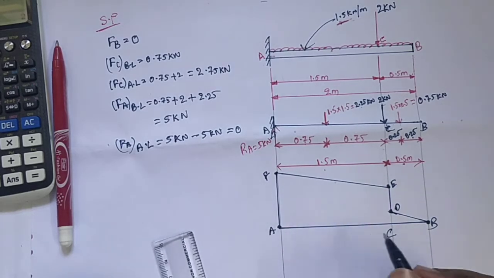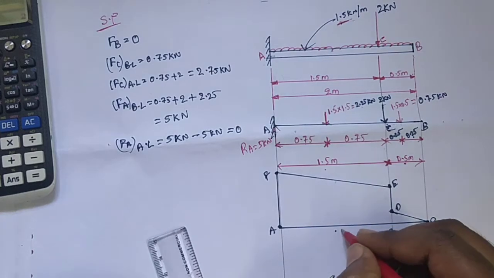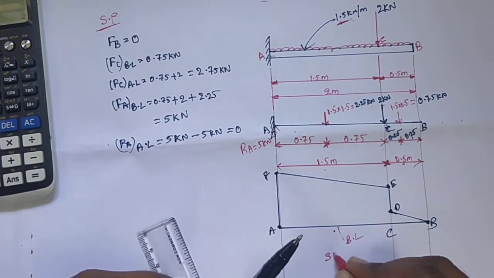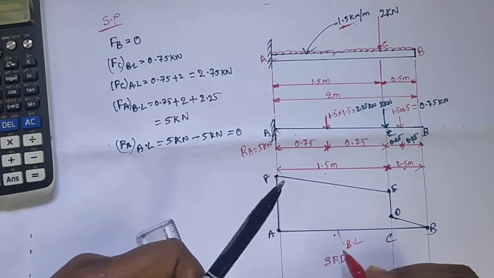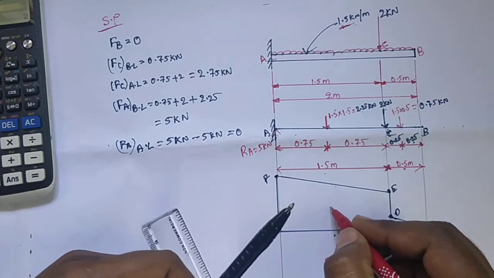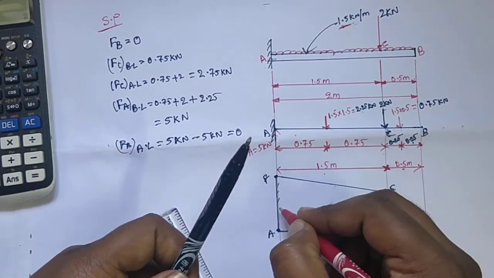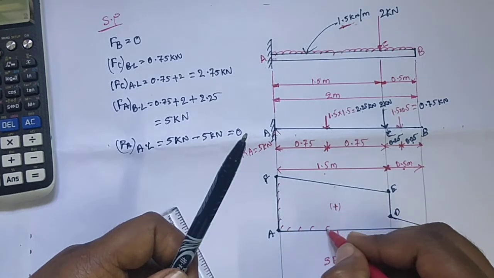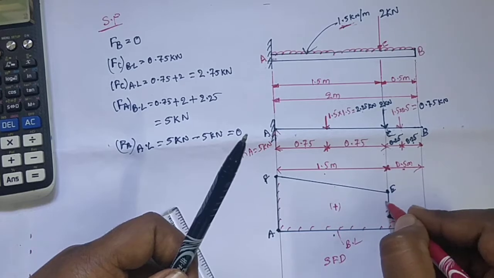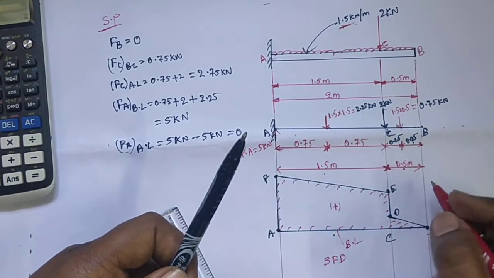Okay, it is the shear force diagram, and this one is the baseline. It is the shear force diagram. All the values are positive, so we drew it above the baseline, it is the positive value. Okay, it is the representation of the shear force diagram. Okay, up to now we completed the shear force diagram.